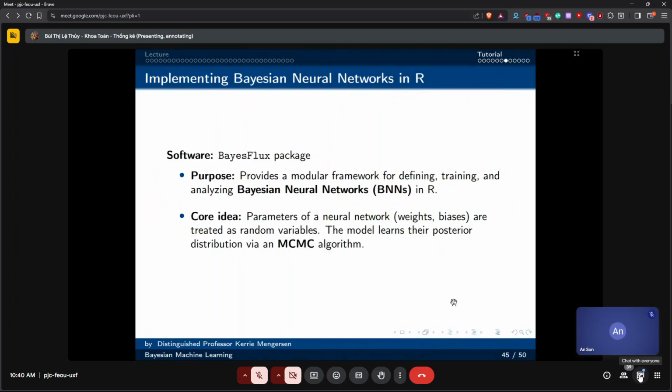And those are treated as random variables, and we put priors on that. So the model learns their posterior distribution via an MCMC algorithm. Go to the next slide.